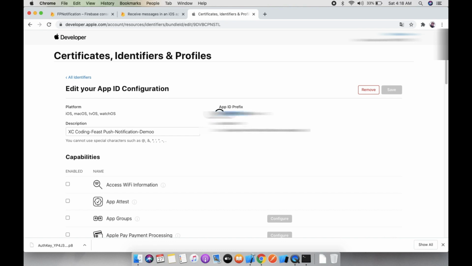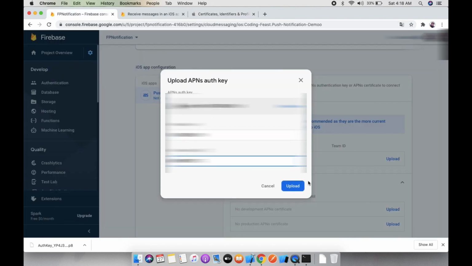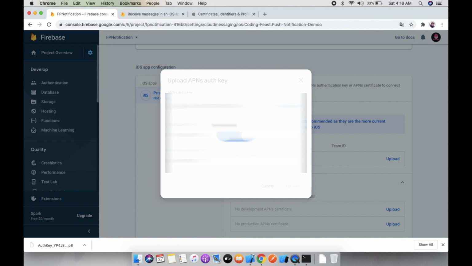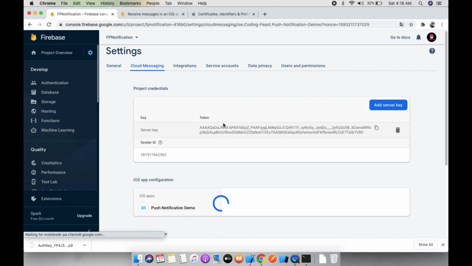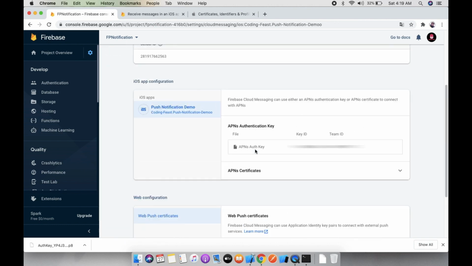You can just select it, copy it, and paste it. Upload. Now here you can see the APN authentication key file is uploaded, with the key ID and team ID. So now this is done for now.